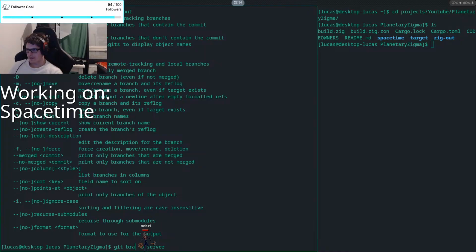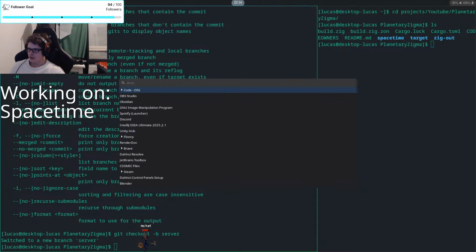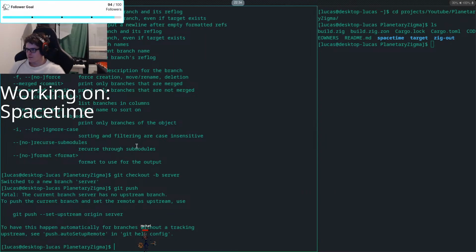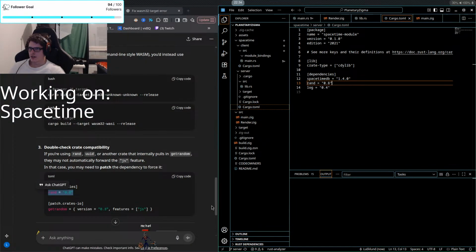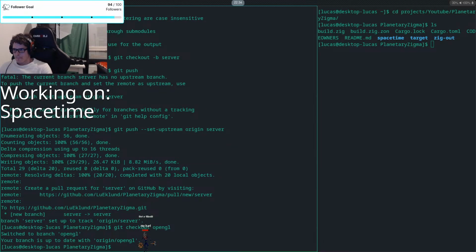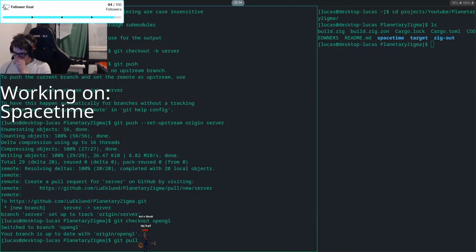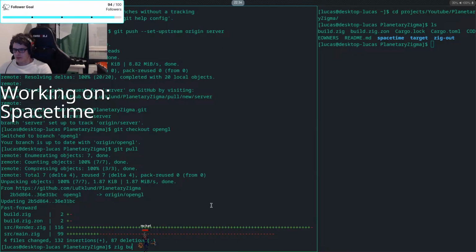Checkout. So now, and then I can just do a git push. So now I have it saved there, and I can go back to what was your call? You pushed to the OpenGL branch? Yes, OpenGL branch. And then just running that zig build run.